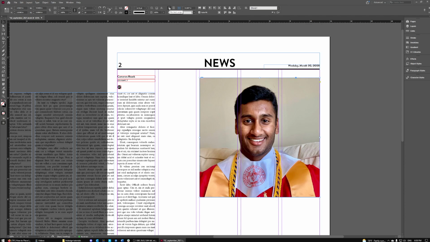This first one is what we have right now, no text wrap. That's going to let the text go straight through the photo, and you almost never want that. The one you'll use most often is the wrap around the bounding box, and that's going to wrap it around the frame. So if I click this option,